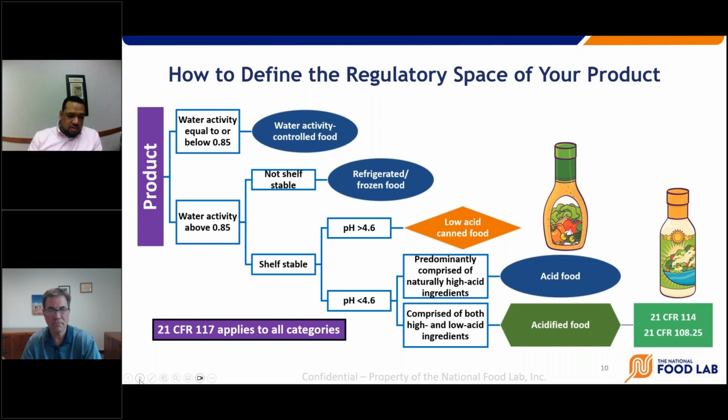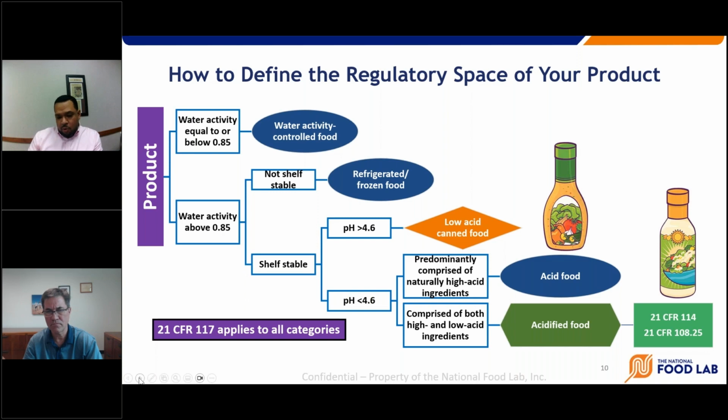When you go on the other side of the bracket and you start looking at things that have a water activity above 0.85, you start asking whether you want a shelf-stable product or not. For non-shelf-stable, you have all the refrigerated and frozen foods, which don't require any additional processing. For shelf-stable food products, you start asking whether the pH is another factor. If you are below or above 4.6, then you have the case for low-acid canned foods and products that